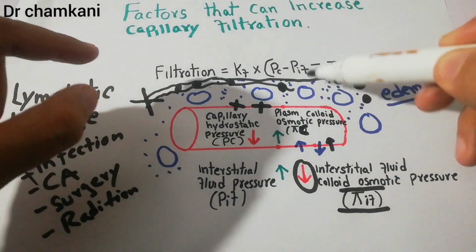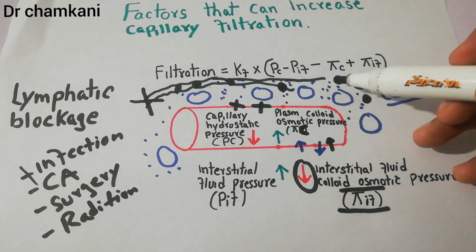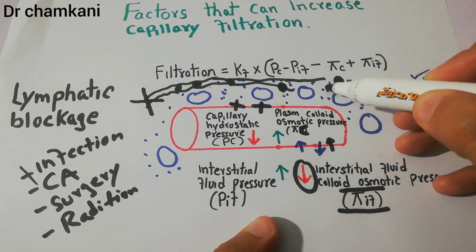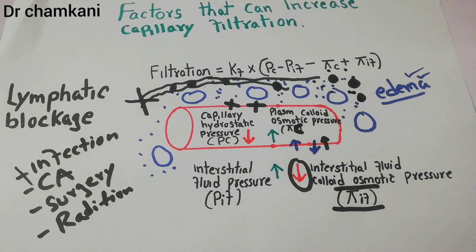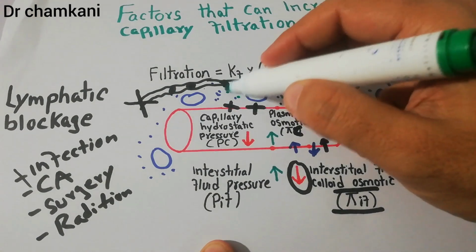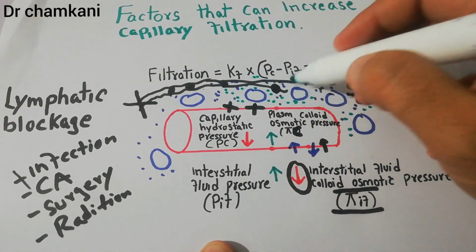They will accumulate in the interstitium. When they accumulate in large number, they will keep on pulling the fluid towards the interstitium, and a lot of fluid will collect in the interstitium. And this will lead to